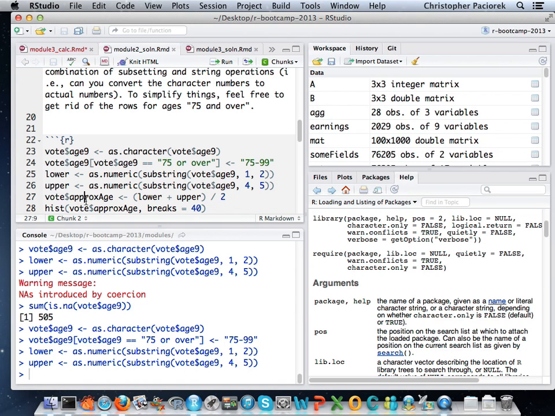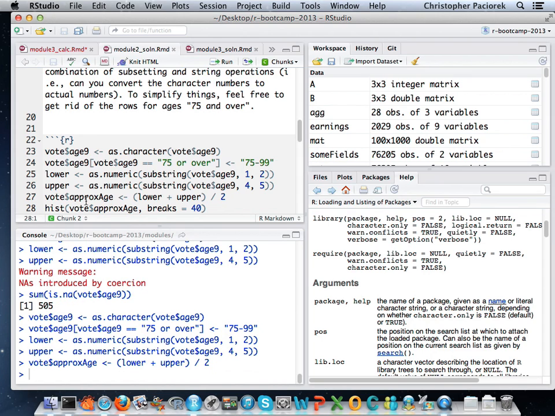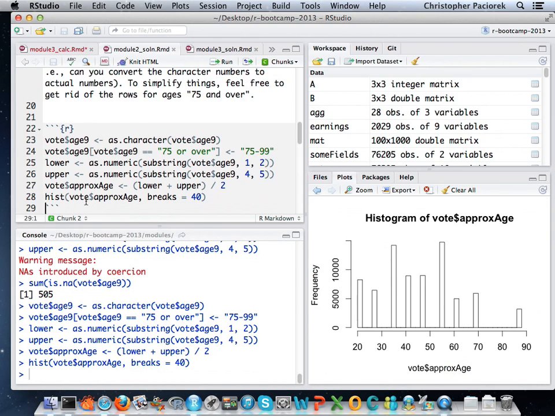So things look okay. Now I'm going to create a new field in my data frame that has this approximate age, which is just the midpoint of the bin intervals. And now I can do a histogram, which in this case is a bit of a silly histogram because I've only got these discrete levels. But it does illustrate what happened, and that it's plausible my code is correct and has done something sensible. In terms of error checking, it's often nice to make a plot and make sure you haven't gone too far wrong. You can often see by visual inspection that things make sense.